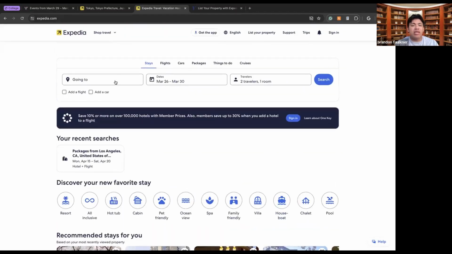So Expedia is a really easy way to kind of book flights, book cars, book cruises, book different types of occasions, other things like that, all using just one website rather than jumping around from website to website to make this trip happen. So other than that, I have nothing really else to offer.